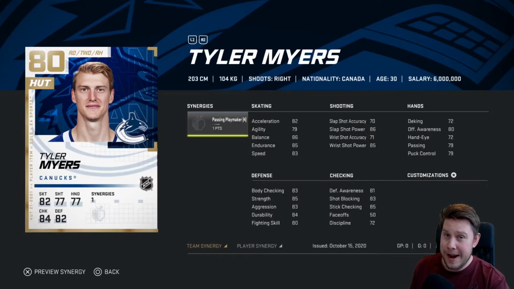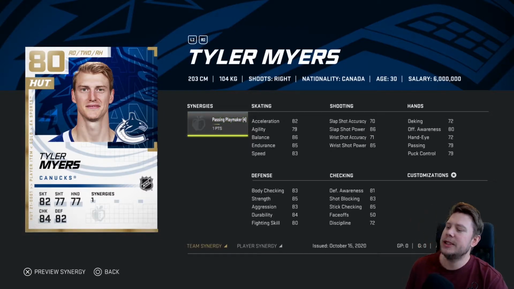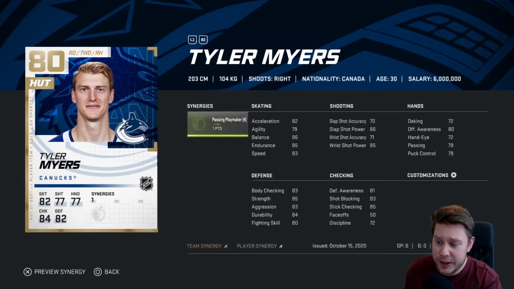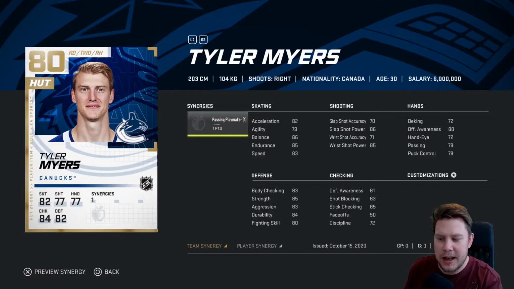Coming up at number 2, the lowest rated player that is a giant. He's 203, so you can reach a long way with your stick. And you know that the stick is overpowered right now. The stick checking, the defensive stick. He has decent speed, decent shot power. His offensive upside isn't that good. He has a lot of body checking. He has a lot of strength, body checking, and so on. He's a beast to have in the defensive end,